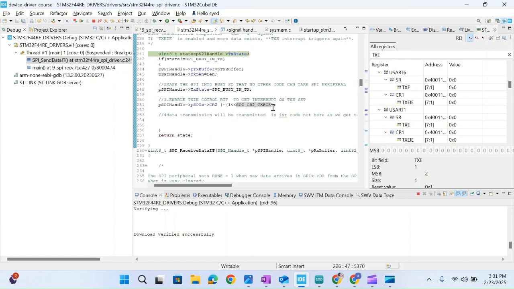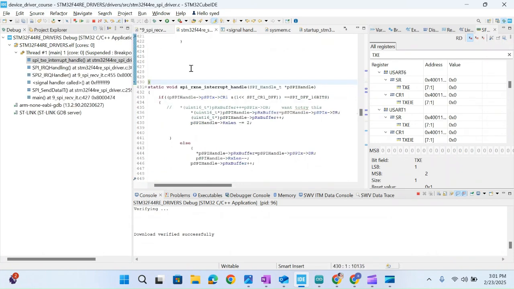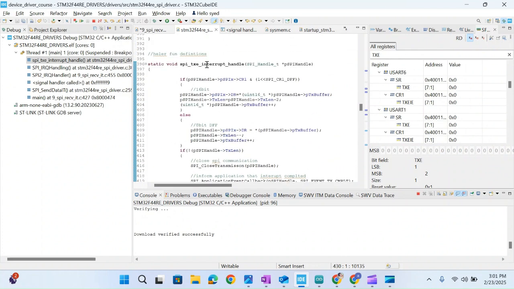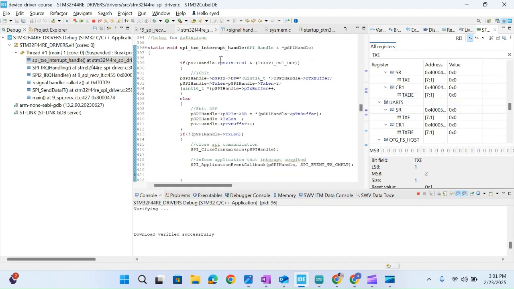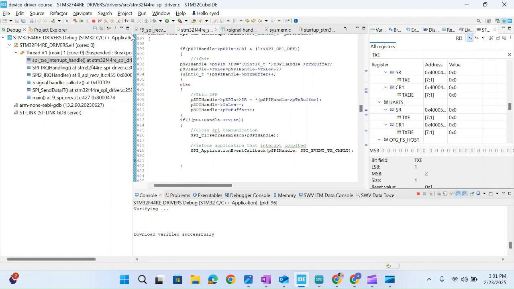So here we set the TXEIE bit, so let's continue the execution. If you can see, it came to the TXE interrupt handler. It came to the interrupt handler because before this we never transmitted anything, so the TXE bit is set to 1 only. It means we are ready to transmit our data. So what we have to do is,